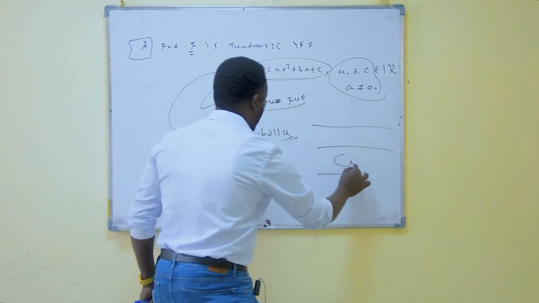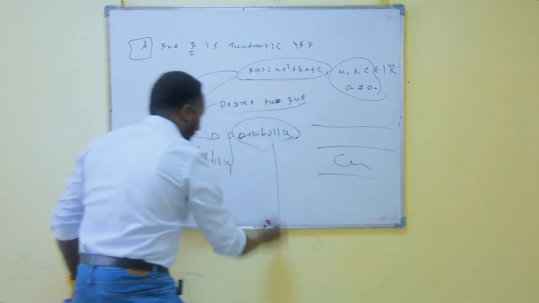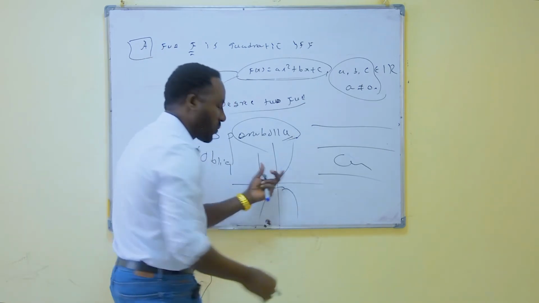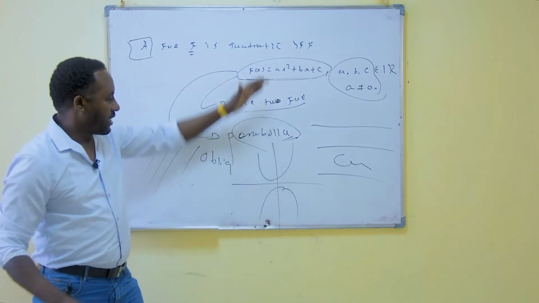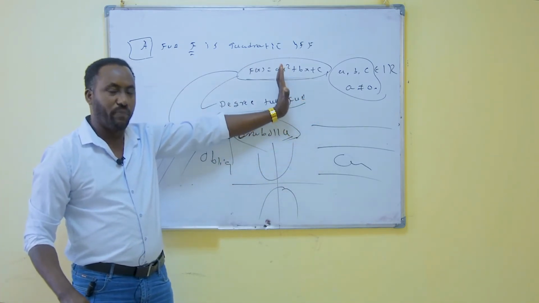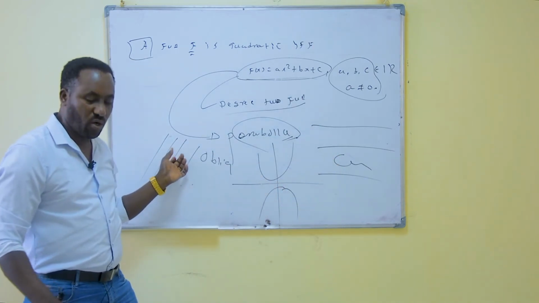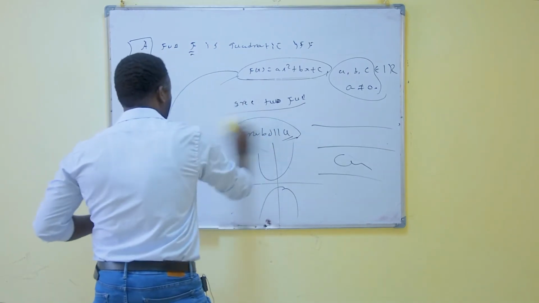This is constant, and this is the graph of a quadratic function. It is a parabola because the graph of a quadratic function is either open up or open down, so it is parabolic. Because of this, the name for the graph of each of these basic functions is going to be either a constant line, a parabola, or an oblique line. So let me give you just some questions